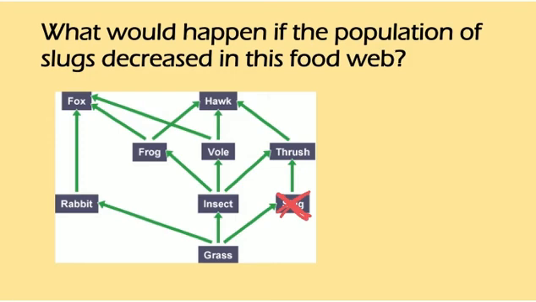So the first thing I can see in this picture is that there would be more grass for the insects and the rabbits because the slugs aren't eating any grass. So I'll put on the side here more grass